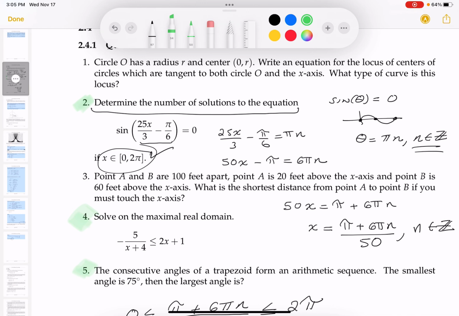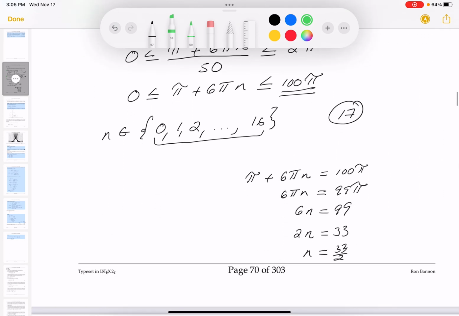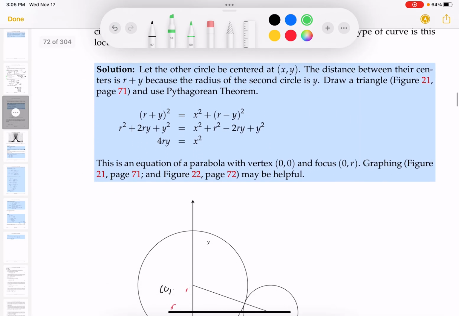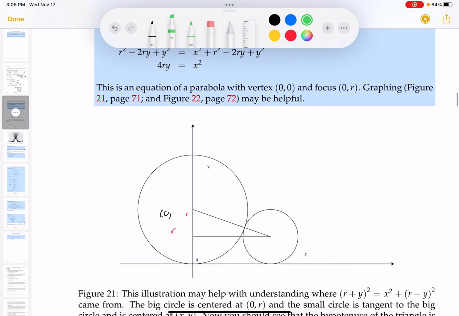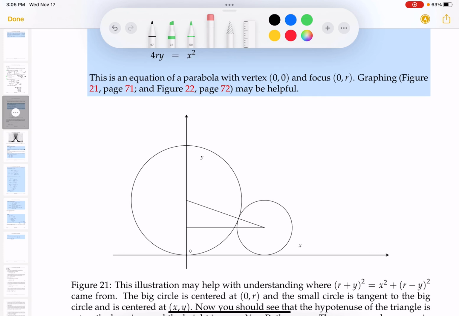Now, I always say if I don't understand something, I want to read through it. I'm going to cut to the chase because I give you pretty good graphics in these notes here. So I want to go to that, and talk about the graphics of it. All right, with my eraser, I guess I was writing on this before. I kind of read the story, and in my mind I'm visualizing a picture sort of like this. Now your picture might look a little different than mine, but I got to start putting down points over here. And I know this point over here is going to be, the x is going to be 0. They said this big circle centered at 0, r,